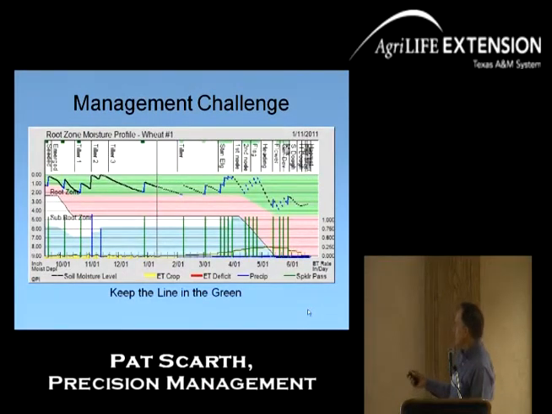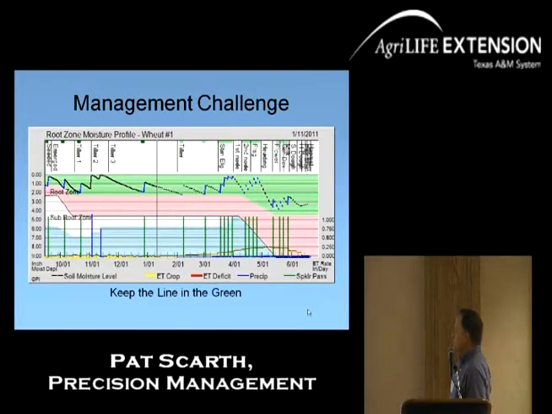Here's a graph that we get from the AquaPlanner. This line represents the soil moisture content. This gray barrier right here separates history from future. This is today. This is a wheat field, and this line represents the root depth. This wheat was planted after corn. We started out with a